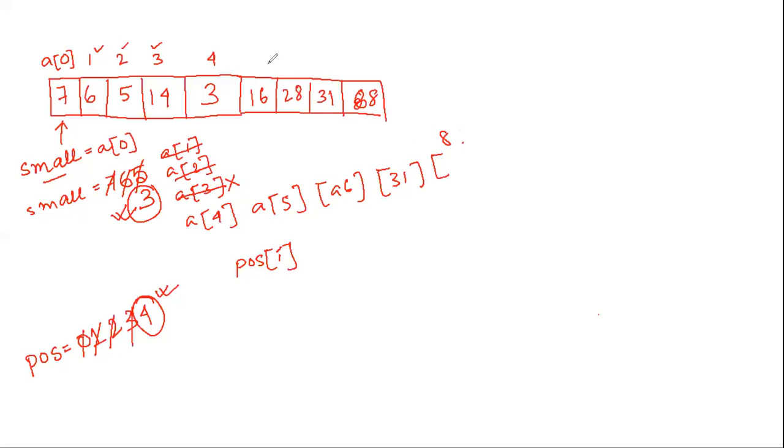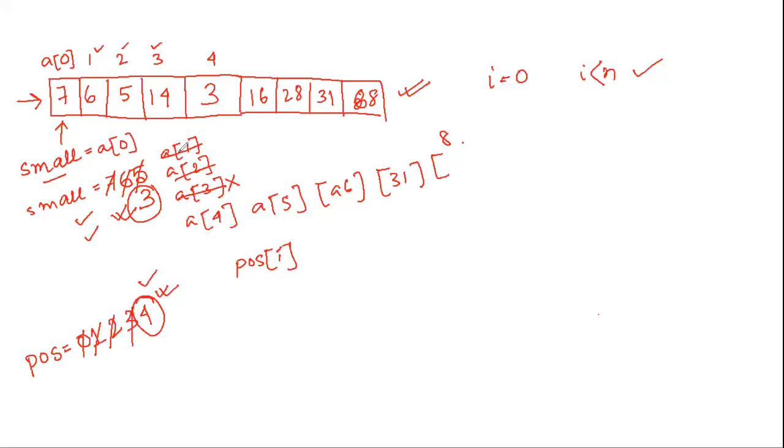So anywhere, I will have to start from the first and reach the end of my array, that is, i from 0. I will have to traverse all the elements, and in between if I find any value smaller than the current one, I will update my small in the process. So after these 3, no value is smaller, so I won't be updating the small, and likewise I won't be updating my position. So whenever there is an update in my small, there will be an update in my position also.